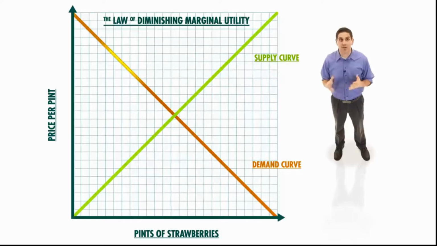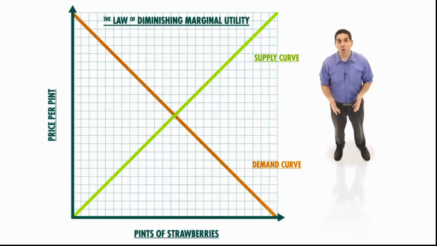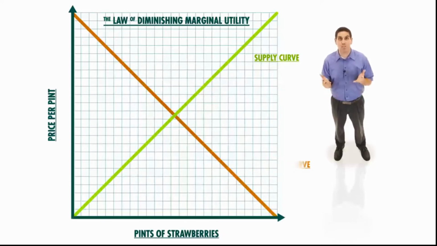The demand curve for strawberries is downward sloping, showing the law of demand. When prices are high, people don't want to buy very many, and when prices are low, people want to buy a lot. The shape of the demand curve reflects the idea of the law of diminishing marginal utility. The first pint of strawberries you buy gives you a lot of additional utility. The second one, maybe not as much. And the third pint even less. And if you eat 10 pints, you're going to get sick. So as you consume more, you're willing to pay less and less. This explains why the demand curve is downward sloping and why it's really just a marginal benefit curve.